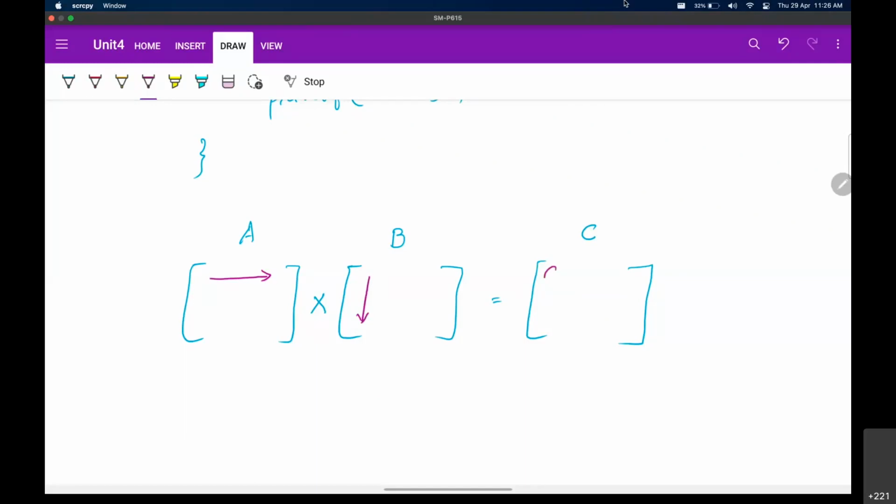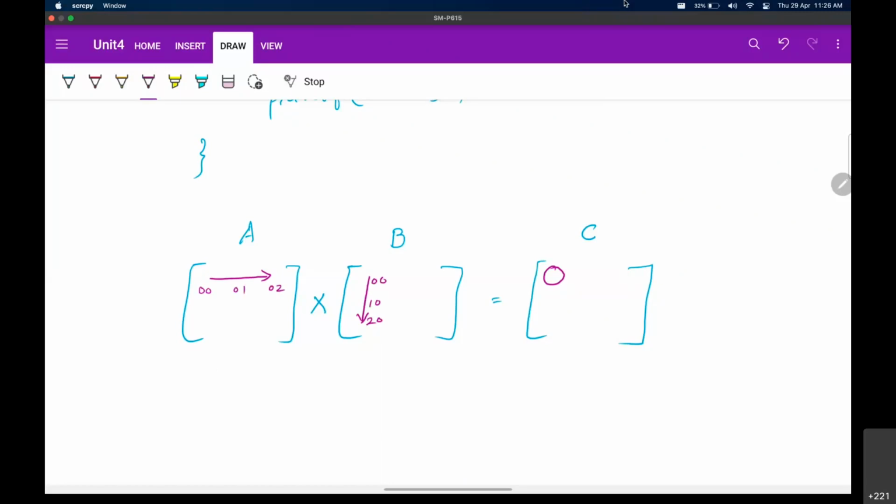It will give you the single element. So if this is a 3 cross 3 matrix, then 00, 01, 02 elements, and here you will have 00, 10, 20 elements. Correct?